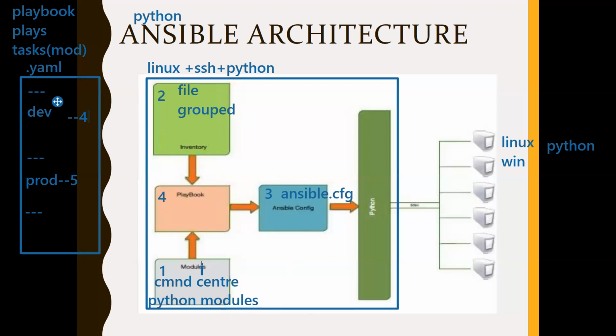That's what a playbook is. Making sense, everyone? So a playbook can have any number of plays, and each play can have any number of tasks. Is this much clear, everyone? Understood? So that's the architecture, that's about the different components. Once you understand these components, we'll see the process of execution, how Ansible will automate the targets.